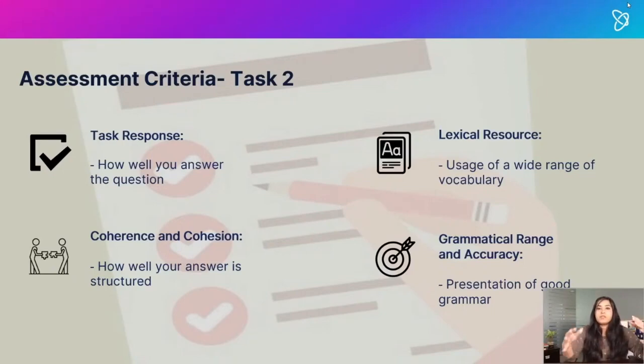If there are 2 questions in there, how you've answered both, whether you've answered both, and how your ideas are structured. Then there's lexical resource, where the examiner will be looking at the wide range of vocabulary that you have used. So usage of a number of phrases, sentences, how you've put your sentences out there,